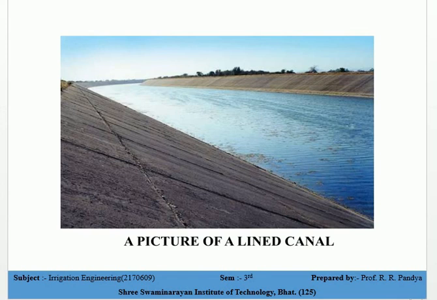A protective canal is one which is constructed as a relief work during famine, to provide employment to the inhabitants of the famine affected areas and to protect that area against famine in the future. Generally this type of canal is not full all the time. They are only used when a famine type of situation takes place. So these two types I wanted to discuss.